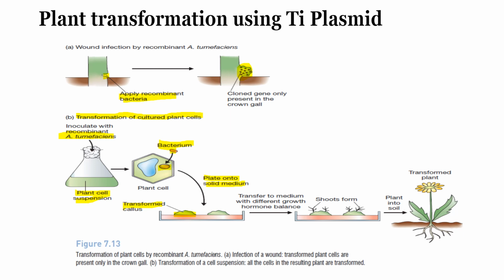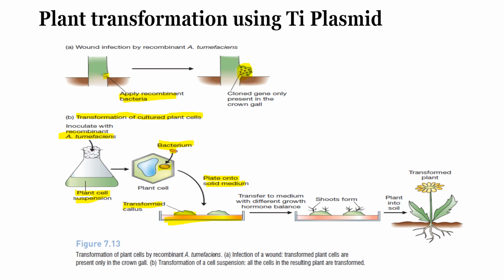Callus is an undifferentiated mass of cells, and obviously this media will contain an equal proportion of auxins and cytokinin, and that will let these cells develop into an undifferentiated mass of cells rather than developing into a plant